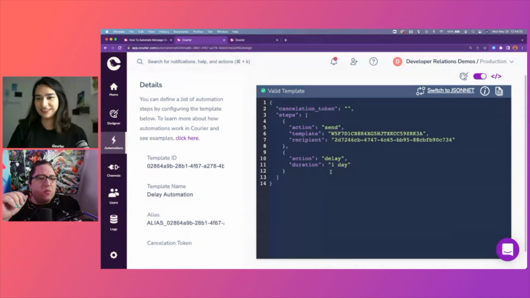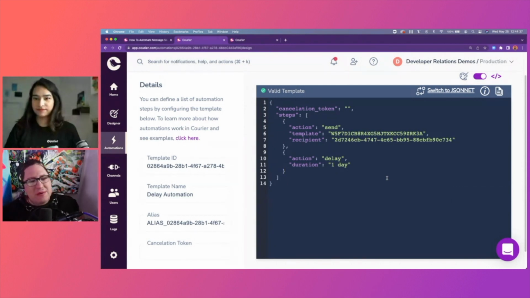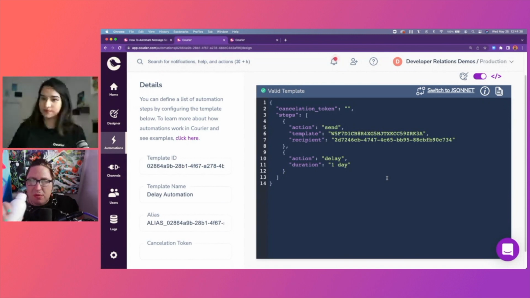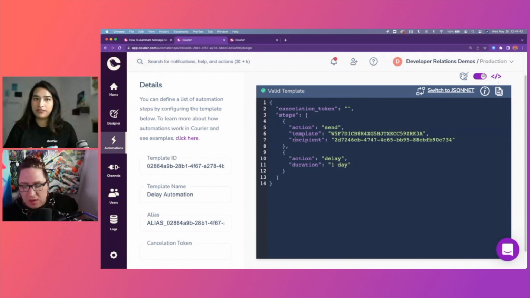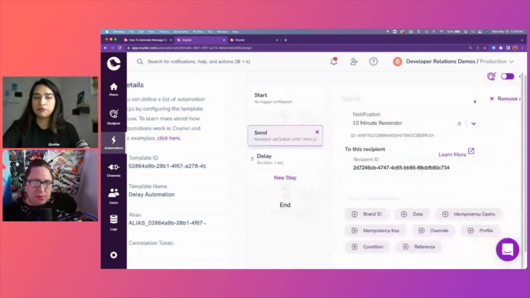And so what's nice about this is this may not be the way that those UX people or design people are designing their notifications. Maybe they want to use that visual editor, but for yourself, you can totally go in and just send an API request and say, hey, new automation, and it works like this, right? So if you want to do a bunch of updates or what have you. Exactly. So obviously we can add it via the designer as many as we want to, but for demo purposes,